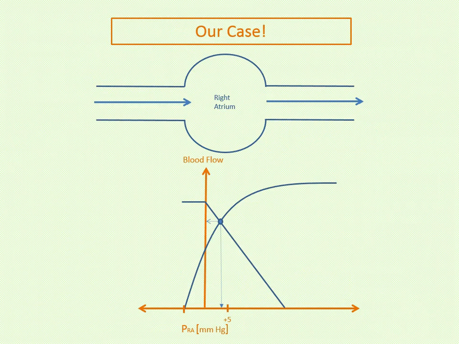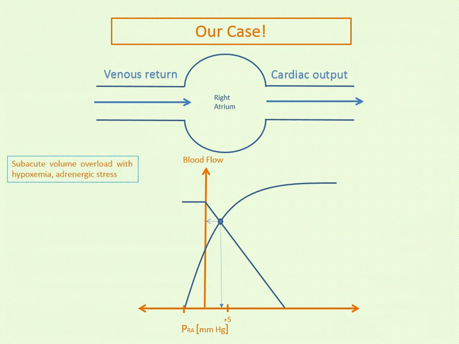So let's think about our patient. So we've got venous return coming into the right atrium and cardiac output going out of the right atrium, okay? So she came in with subacute volume overload with hypoxemia, and let's say that she had a very high stress response. So her venous return curve, you can see, we'll call this the euvolemic state with this mean systemic filling pressure, but she'd been eating a bunch of chicken soup, so she was volume overloaded, and she also had very high alpha adrenergic tone, which would shift the mean systemic pressure rightwards. So you'd expect her venous return to go up, and you would actually expect her central venous pressure to be high, but if that adrenergic tone was also,